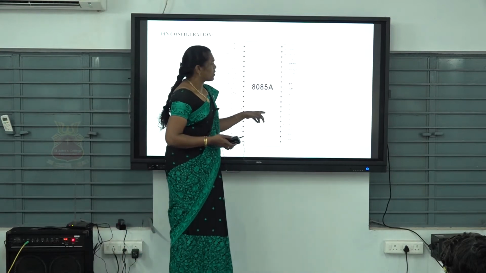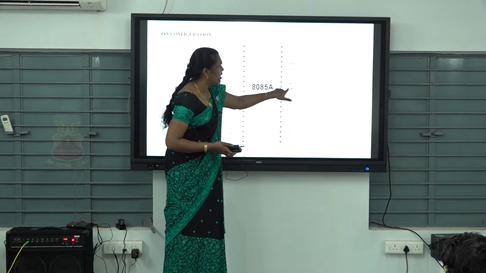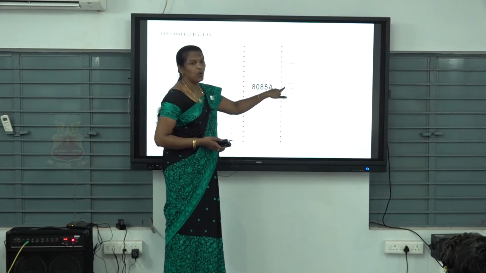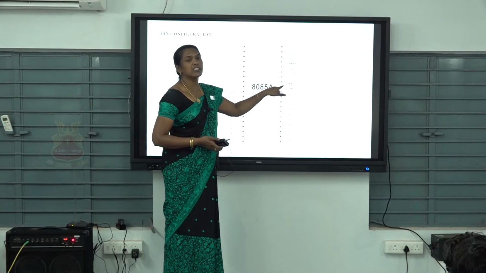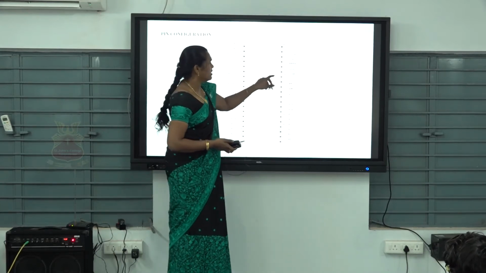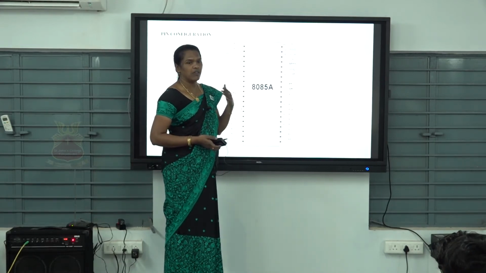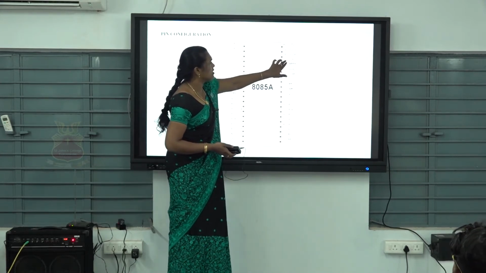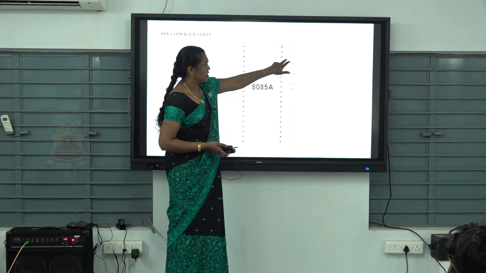So these are control and status signals. If we have a bar on the signal, it means active low. Then 0 volt is given to that pin, it is active only at 0 volt. All the other pins are active high, that means we have to give 5 volt. Then the clock is 3 megahertz, so the frequency is used as the clock frequency.